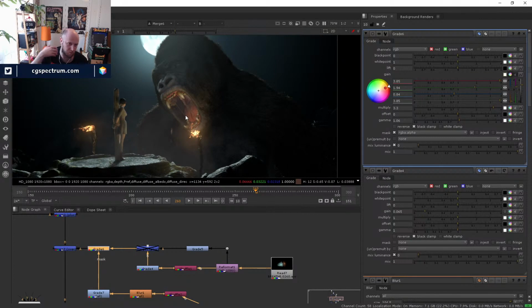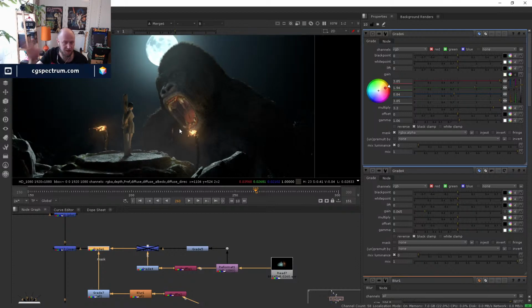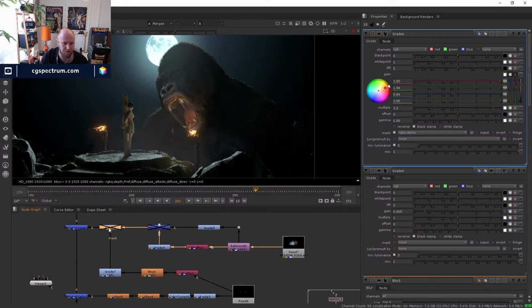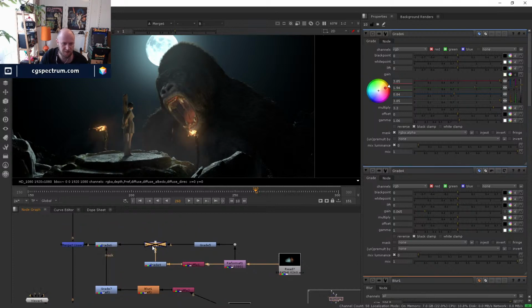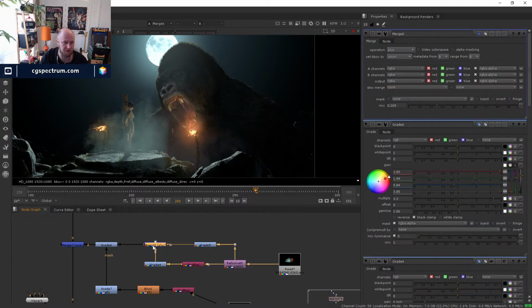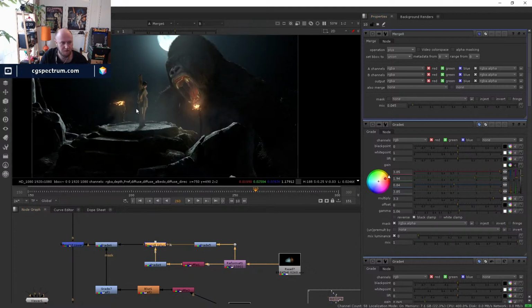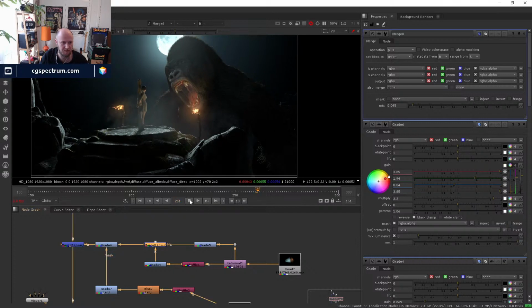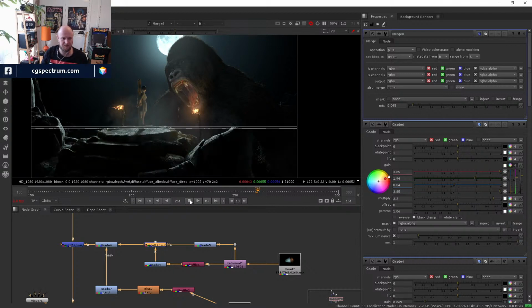And then a compositor will make sure that everything's working and looking great, but also technically is going to work when they pass the shot off. So I'm just sort of doing a bash comp to make sure that all the layers go together and that everything is working and that I don't need to change any of the 3D elements. So there we go, I've got a little bit of the moonlight back in there, just very subtly. So if we have a look at that, we can play through, hopefully it'll sort of kick in and start